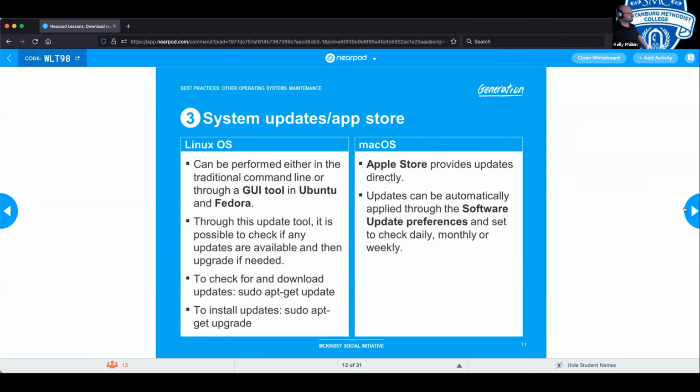macOS, significantly easier. You have the App Store, which provides the apps directly. It will send notifications through the system, much like Microsoft Windows does, saying, hey, these applications are out of date, please go ahead and update them as you have time. Here are the things that we're updating, so you can take a look at them. You can have it done automatically in your software update preferences, or you can set it to notify you, and then you choose whether or not to run those updates yourself. I highly recommend that with Mac going forward,